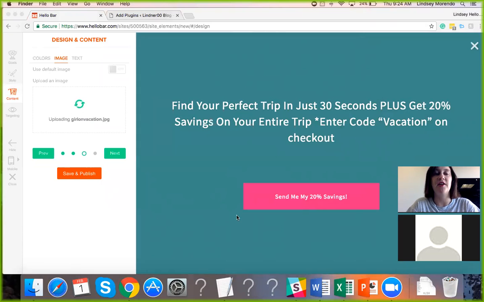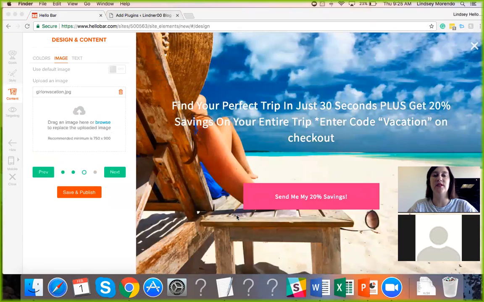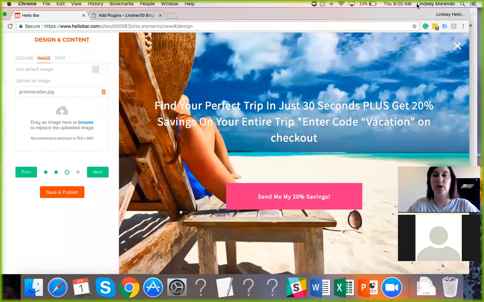So when thinking about your image, you really want to, again, going back to your ideal client, think about what's going to appeal to them, what's going to get them excited. And that's an important thing. Imagery is important. So you want to make sure that it looks good. It's not pixelated, meaning that it's not blurry. So getting a high quality image,